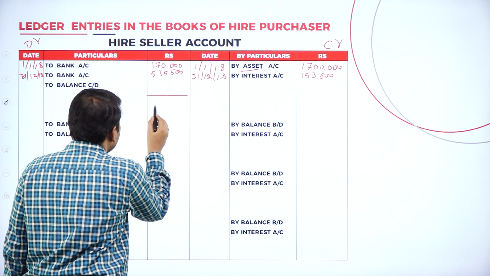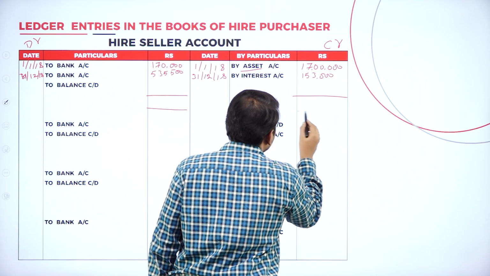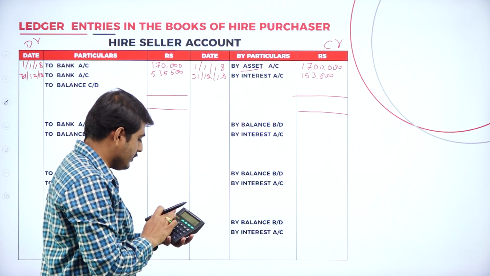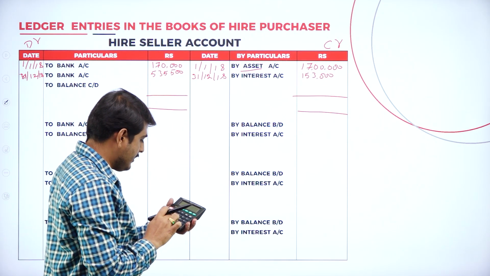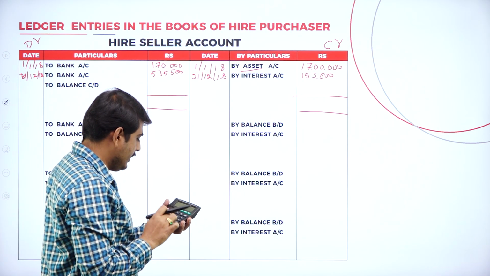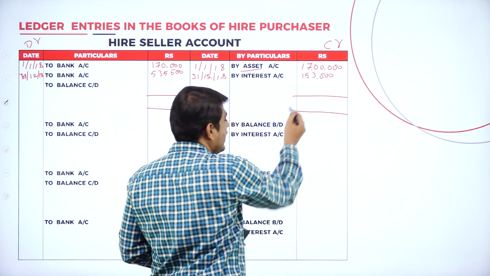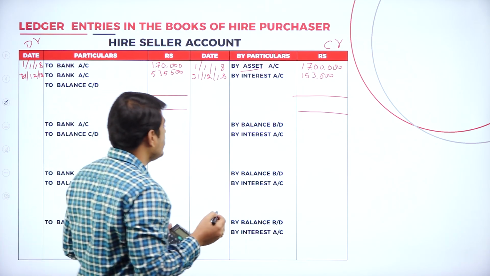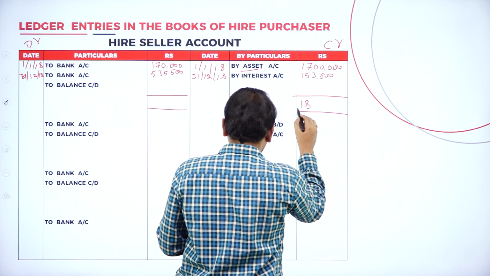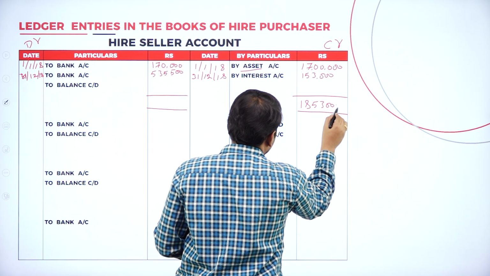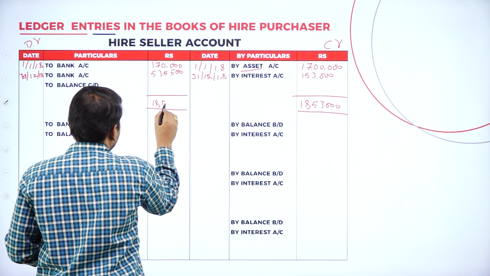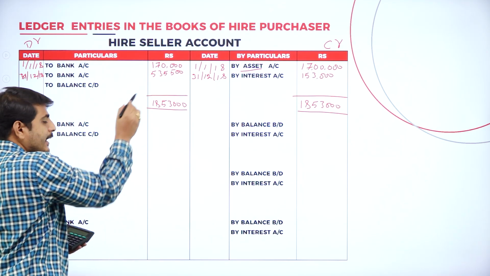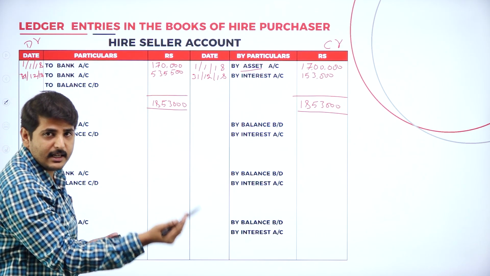See, now I am going to tally the account. If you add both of these, on which side do you get the bigger amount? So 17 lakh plus 1,53,000 is 18,53,000. You get it on the credit side, and on the debit side you get a lesser amount. So write the higher amount on both sides, 18,53,000 here and 18,53,000 here. And write the balance as carried down. The remaining balance will be carried down for the next year.